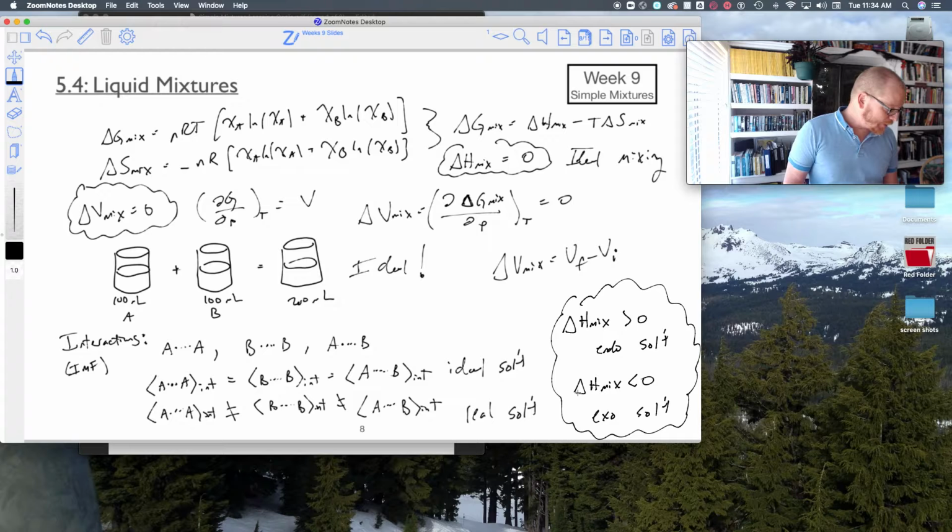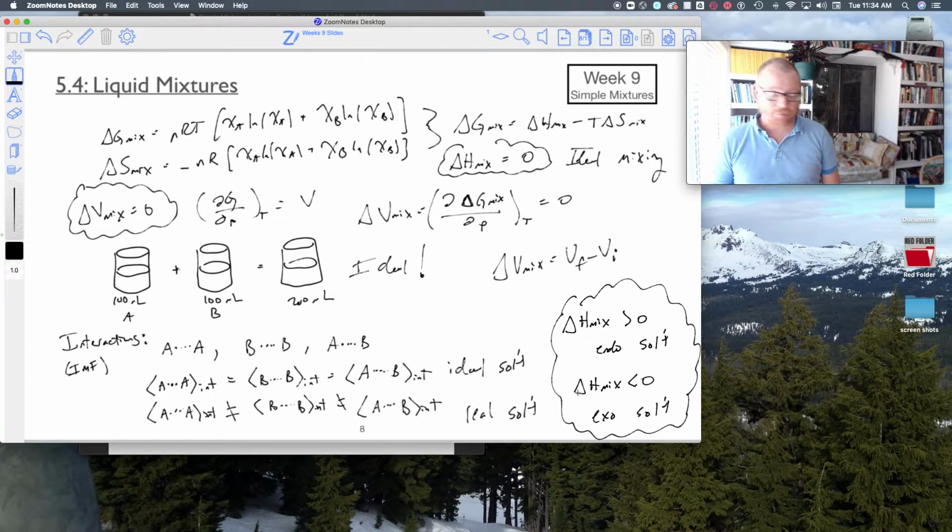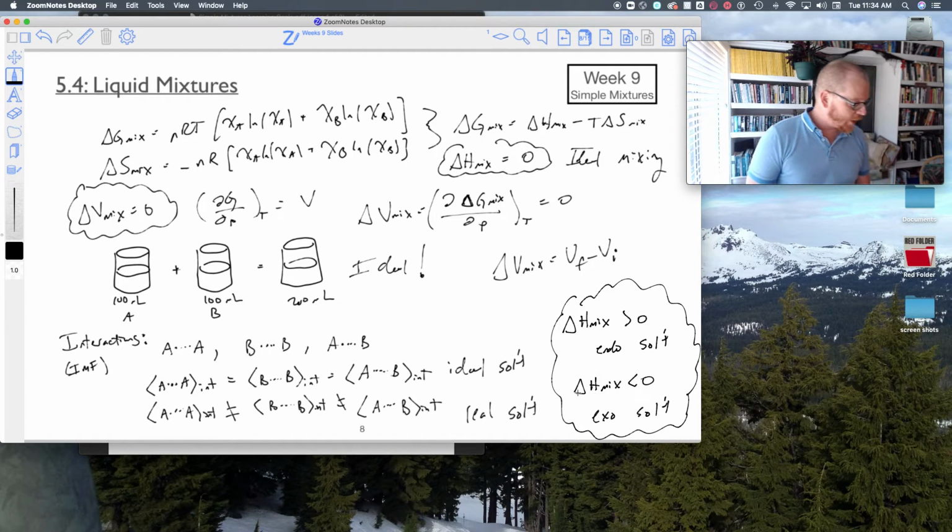Other examples of endothermic solutions are actually cold packs. One of the most popular cold packs is made up of ammonium nitrate. It's got ammonium nitrate crystals in it, and when you break it, there's a little pouch of water that dissolves those crystals. So you're mixing water and ammonium nitrate, and that actually requires an input of heat to get them